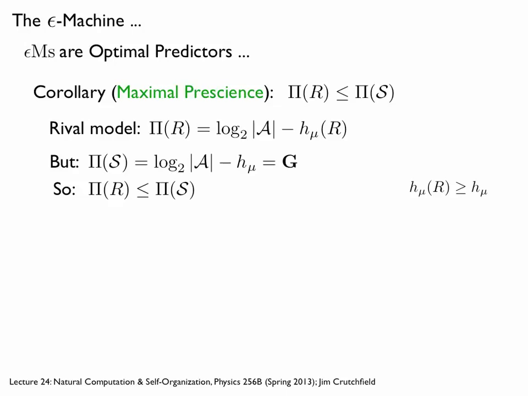So for the rival models, we had this measure of redundancy being the difference between the log of the alphabet size and the entropy rate that our rival model induced. Well, in the case of using the causal states, we just showed that this is the entropy rate of the process, and that was our total predictability, right? The predictability gain summed up. So basically, and this is almost a narrative rewording, the Epsilon machine is more prescient about the future, more predictive about the future than any rival. And that just follows from what we just established. The entropy rates are larger, therefore the difference is smaller for any rival.